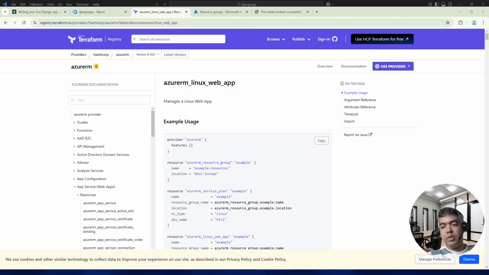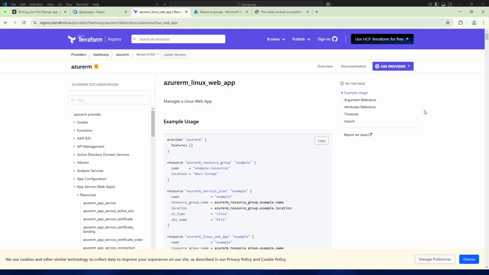If you don't know Terraform, this is a great opportunity to improve your knowledge. I will leave a card where I explain how to configure Terraform on your computer to provision resources in the Azure cloud. But don't worry, I will also show you how to create all the resources manually. I will leave this URL in this video description. So click on the Use Provider button and copy this content.